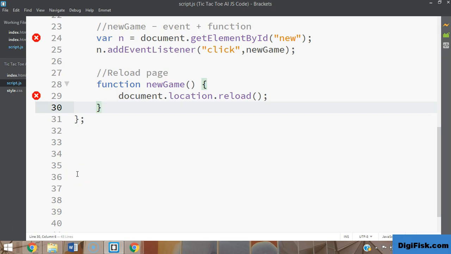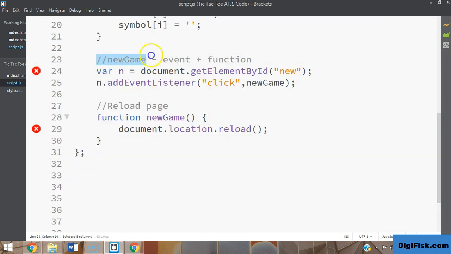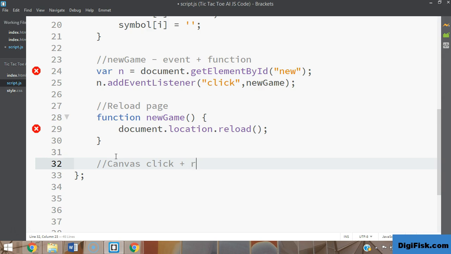Welcome to this lesson. So in the last lesson, we looked at how to make the new game button work. So in this lesson, we're gonna go for another step. So we're gonna create a canvas click add event listener. We're gonna create a canvas click listener, and then we're gonna be retrieving the box's number, that is which